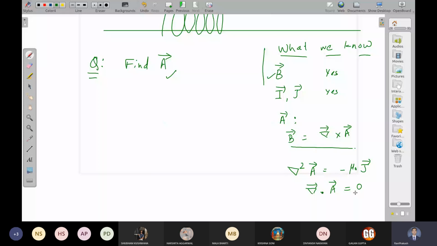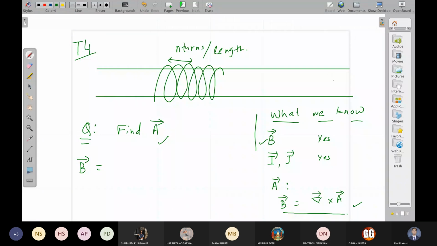So let us see which one is easy. Even this is not easy. We know the left hand side, the curl of something, and we want to know that something, right? What is B here? It consists of two parts. Let us say this is the Z axis, this is the theta axis, and radially outward is the r cap axis. So it's a cylindrical system.